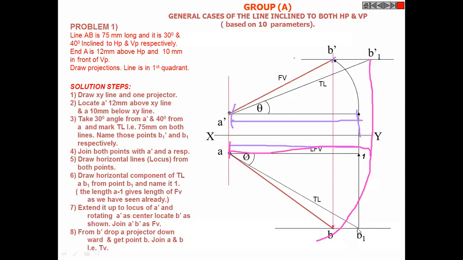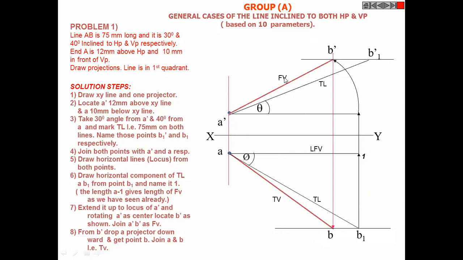Yes, sir. What you did from B1 to B dash, what you did to get B1 B dash from B1, same can be done from B1 dash to get B also. And if you don't want to do that, after getting either view, you can directly project it also. Understood? So now here we have already got front view and top view. Both the things we have got simultaneously. What other things we got, that we will see.